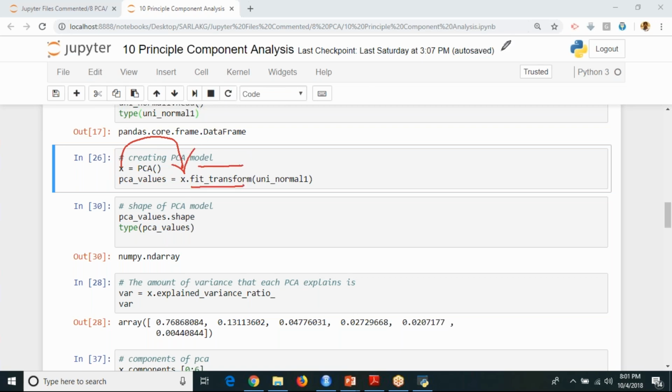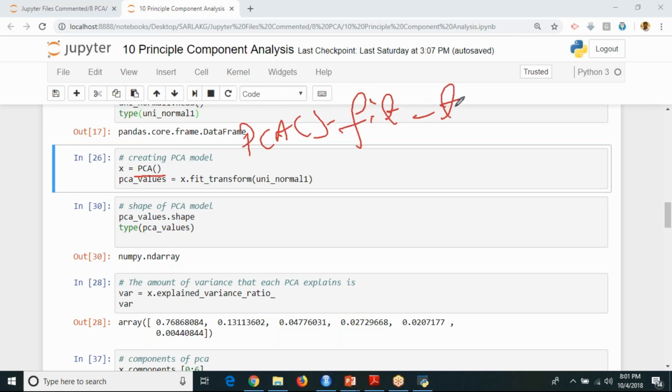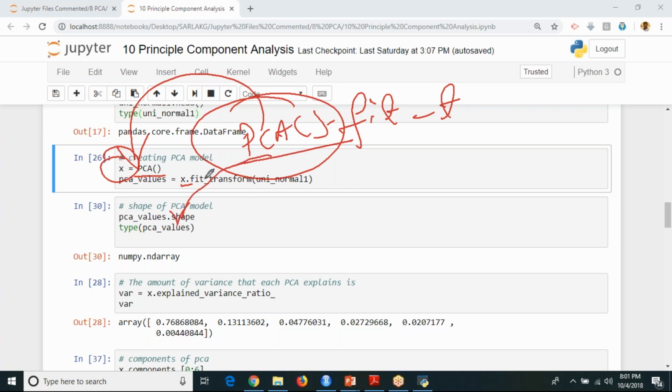If you want to implement your principal component analysis directly, instead of writing it as PCA dot fit_transform, you can pass this PCA variable to your x variable, and then you can use that x also. But the reason I'm using this is, if you want to get some values in the coming lines, it will not work. So that's the reason I'm creating this variable called x.